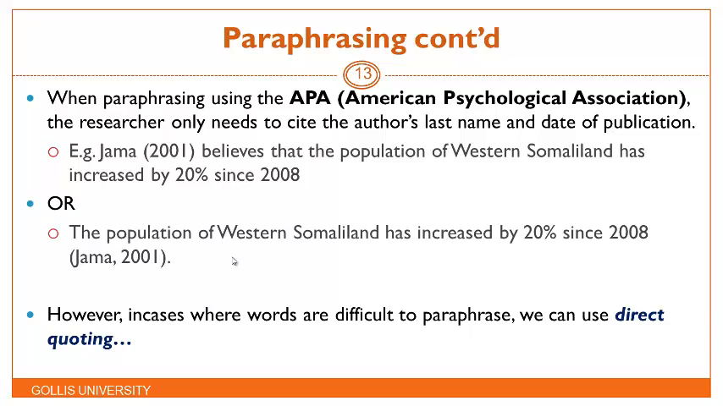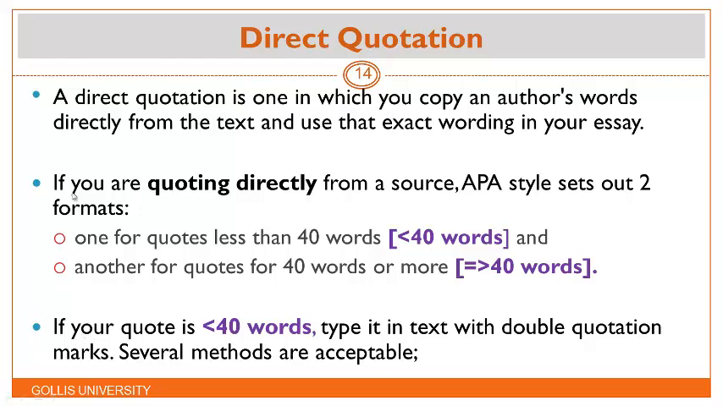So in cases where the language is difficult and we cannot change the wording to our own wording, maybe because the English language is a challenge to some of us, then what do we do? We can use what we call direct quoting or direct quotation. Direct quotation is one in which you copy an author's words directly from the text and use that exact wording